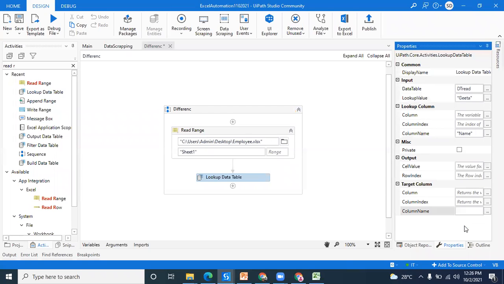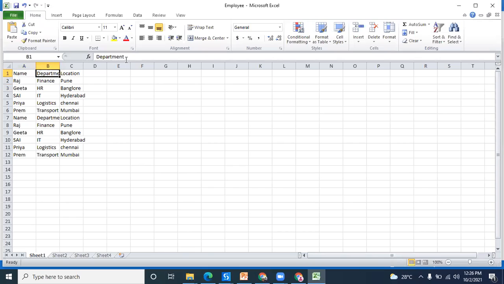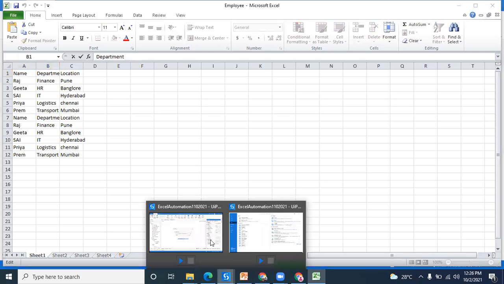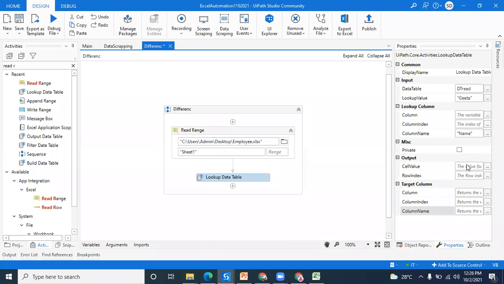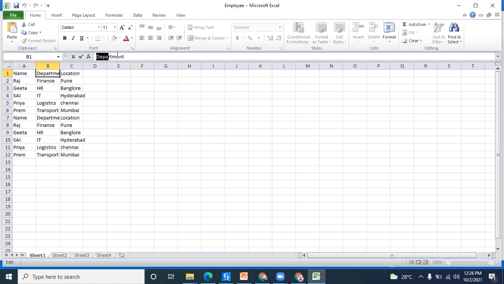Now which column's value are you expecting? You want the department's name, so you just copy the name of department. Here you can just pass it in double quotes.